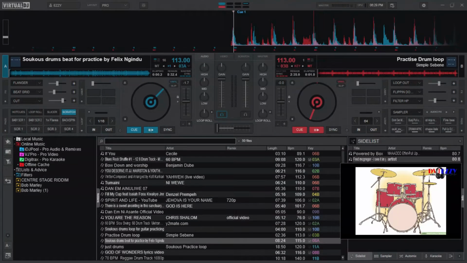Sometimes it's very good to mix it with another song. When another one is playing, you do the loop roll. When another one is coming in from the other side, when you're using the crossfader, slowly you come and then you apply this effect using the shortcuts. It's very interesting. It gives you a professional kind of feeling, and you feel like, yes, this DJ knows what he's doing.